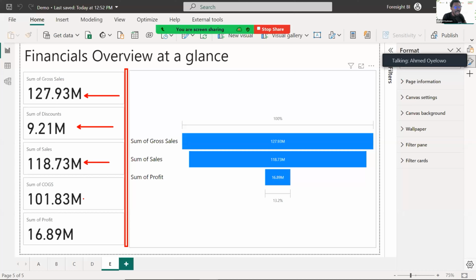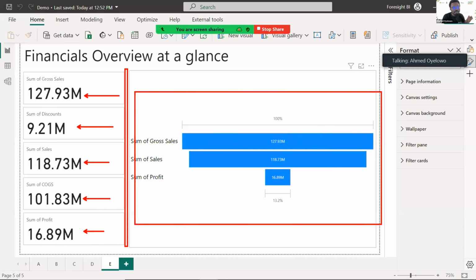And this is how much it cost me to make each of those sales. And at the end of the day, this is my profit. This gives you a different kind of information, one that doesn't show any pattern at all, than what you see when you look at my funnel chart right here. Looking at this funnel chart, it tells you that if I made a net sale of this big, and then my profit is this small compared to my net sales, then I have to do something about this.